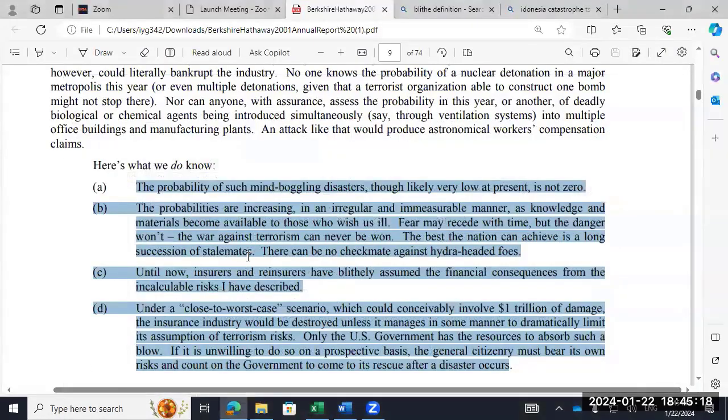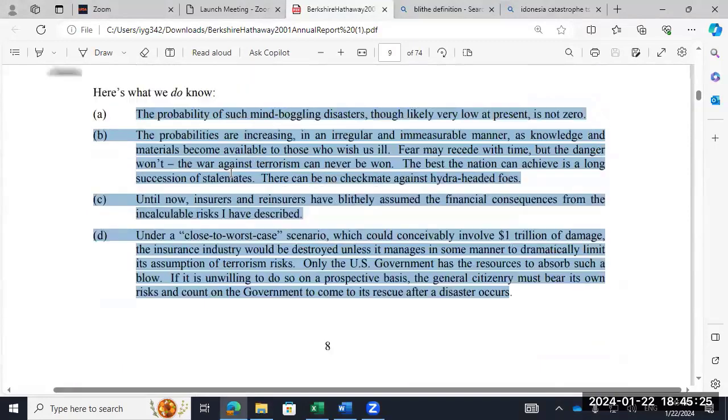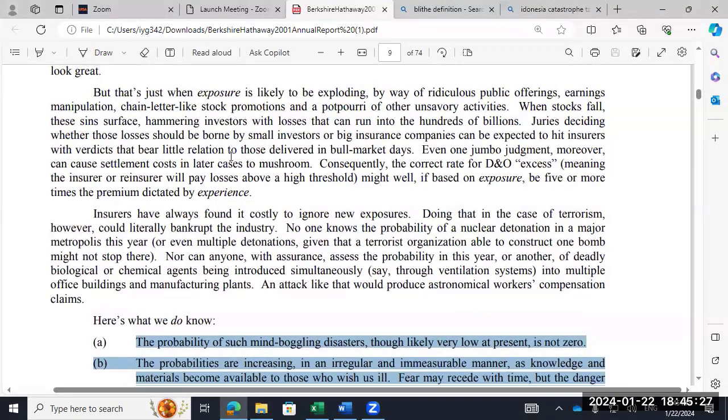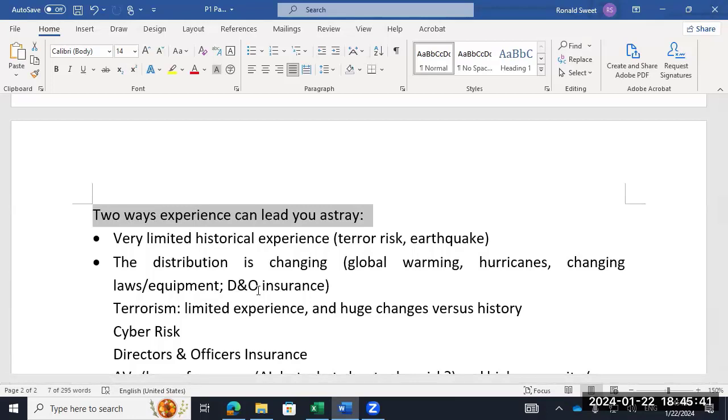Questions on that? You'll see what I'm getting at there, and you see that it's not in his article at all. I mean, it's in here, but it's not as clearly stated as I stated. So you should have a sentence in your paper, specifically the 2 ways experience can lead you astray are, and make sure you have those. I have probably a fourth of the class that gets 0 points on that part of the paper, which is really, really bad.